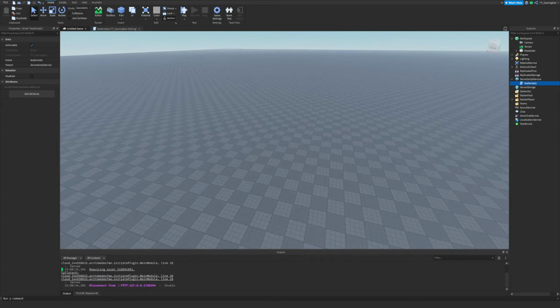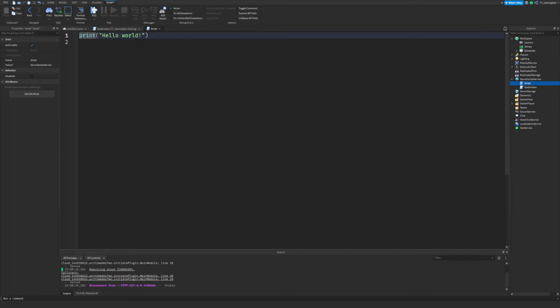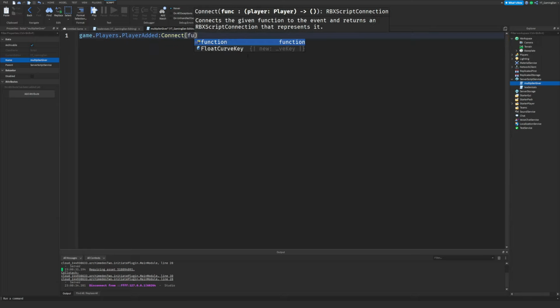Okay, now let's go ahead and start to code some more. So what I'm going to do over here is add a script. This one is just going to be a script that we need for the future. It's not really going to be used that much, but this is going to help us in future videos, guys. So I'm just going to name this multiplier giver, and over here I'm going to do game.Players.PlayerAdded:Connect(function(player)